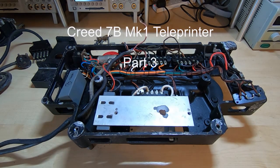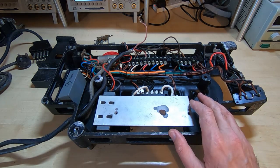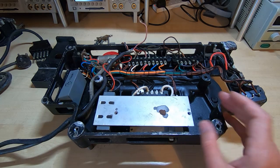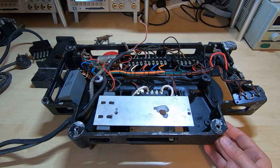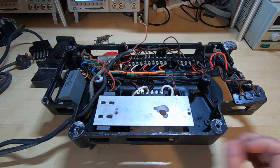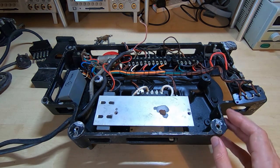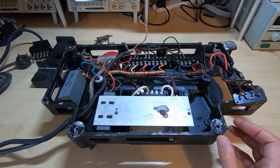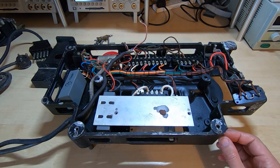This is the third in a series of videos in which I am restoring this Creed 7B Mark I Teleprinter. In the previous video I got as far as removing all the major assemblies from the base unit, and in this video I want to remove all the wiring from the base, and that way I can completely strip the base down, decide whether it needs repainting, give it a really good clean, and then from that point on I can start reassembling and putting the various parts back on as I get them restored, and hopefully get the entire